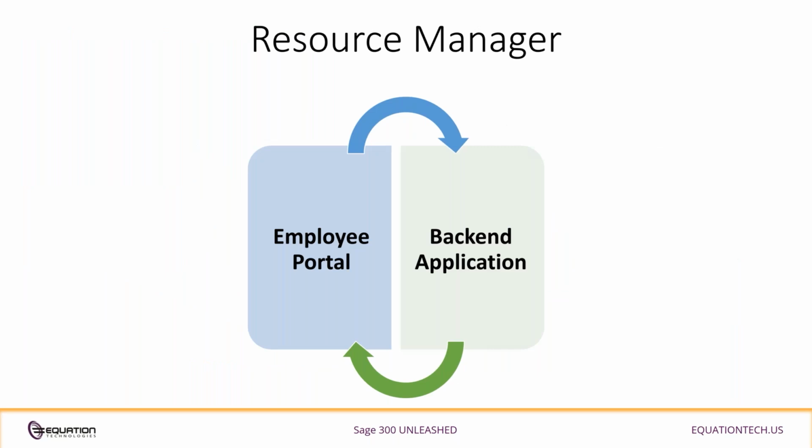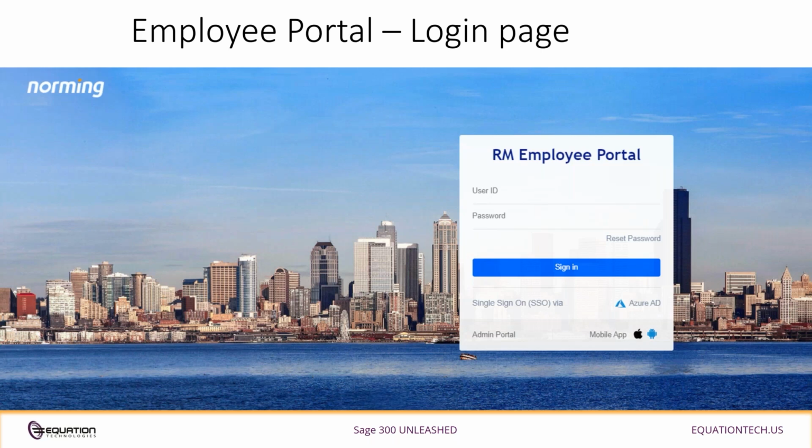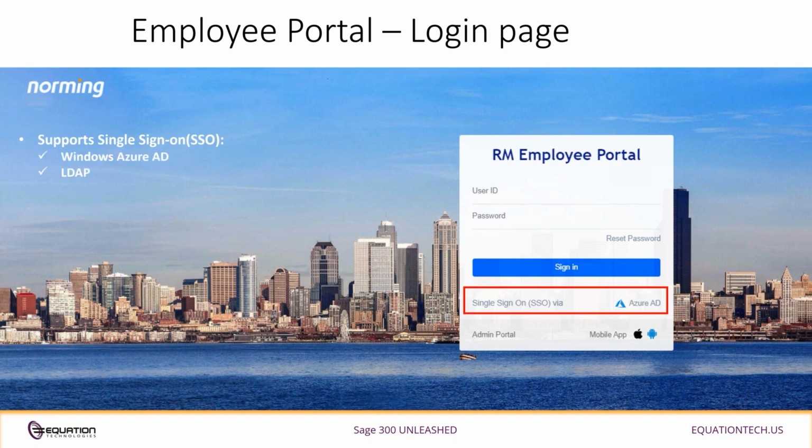So as we've talked about, the employee portal links directly into the backend application. And that integrates, as we say, directly into Sage 300's database. And so we do that through what's called a web portal. This web portal integrates and authenticates the users with an ID and a password, and we use things like single sign-on in the Windows Active Directory services to allow us to control who has access and at what level within